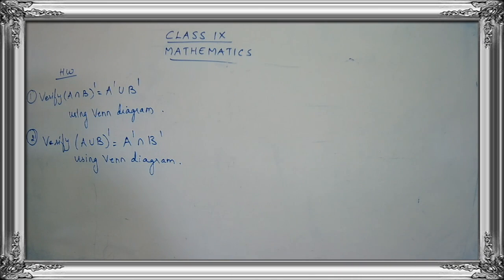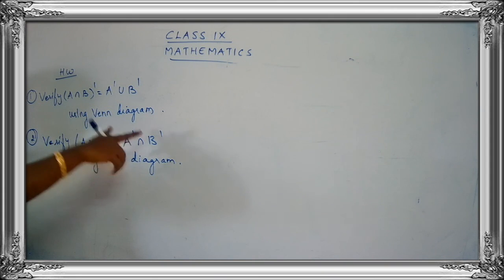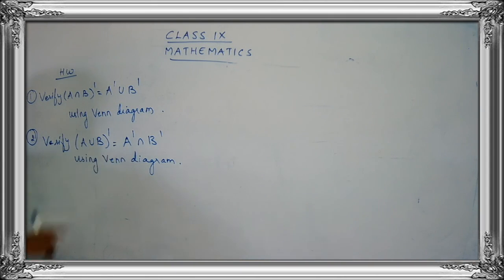Okay children? So I hope you are clear with the homework part. In the same manner, you are going to take the LHS part. For LHS you have 2 sets of Venn, and for A dash intersection B dash you have 3. First you are going to do A dash, then you will do B dash, and then you will give a combination of A dash intersection B dash. Okay children, just write down the questions.